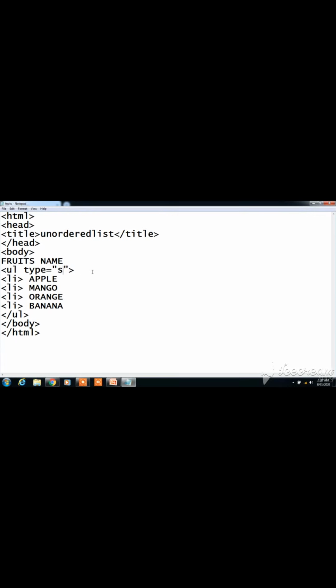Similarly, you can see for circle also. Make it circle and see what the output. Save it again, and you remember the shortcut key for save, Control plus S. Again go to the browser page and see the output. See, it's a circle type. So in order to see any changes in the browser page, in the output page, you have to first make the change in the notepad. After that save it, and here you simply can refresh the page.